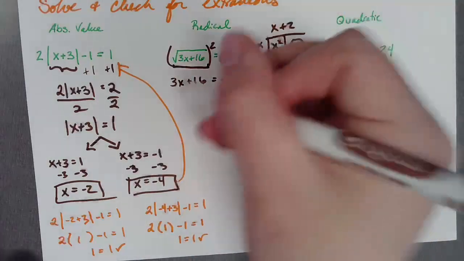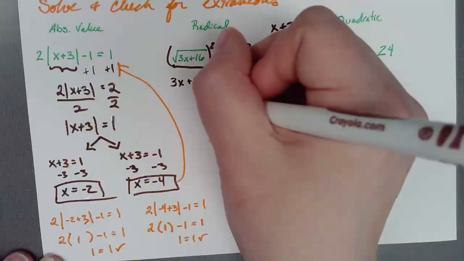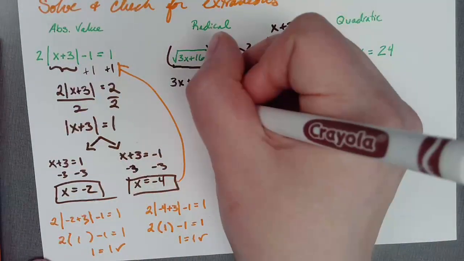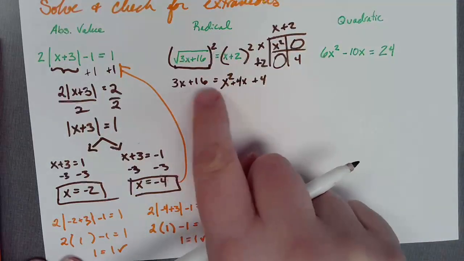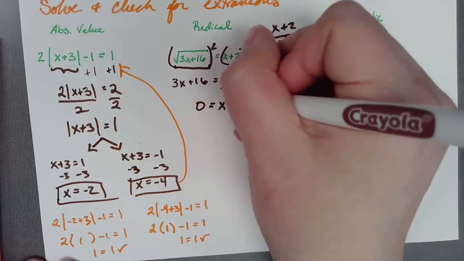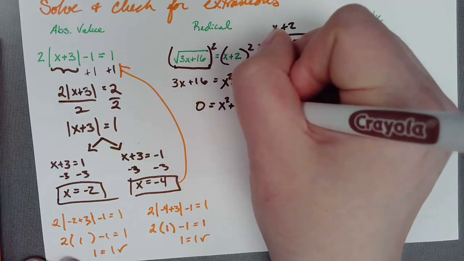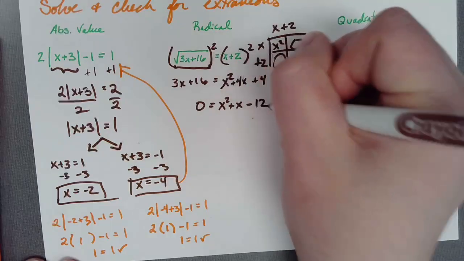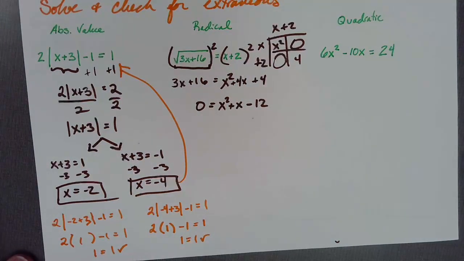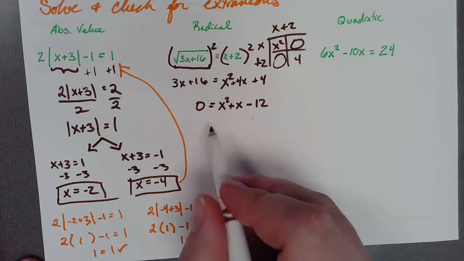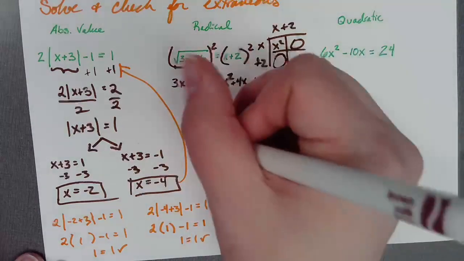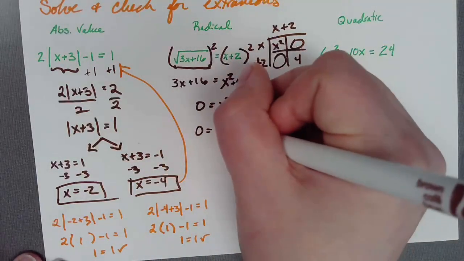Now that I'm at this step, I'm going to get everything to one side, just like we did every other time we've done any factoring or quadratic problems. So I'm going to subtract the 3x, subtract the 16, both to the other side, and I get x squared plus x minus 12. From here, this is now set up for factoring, so I use box and diamond, and I get x plus 4,